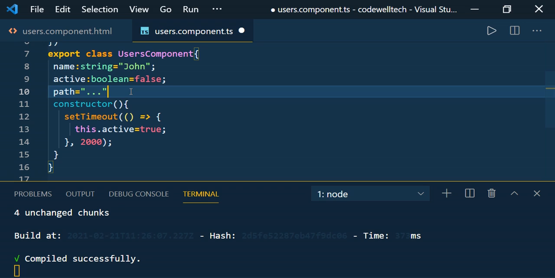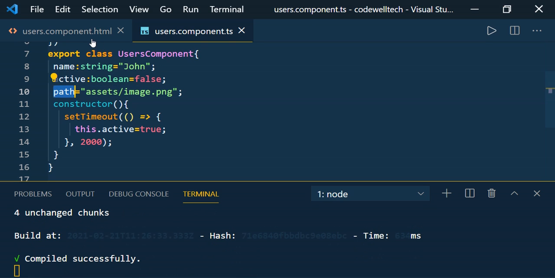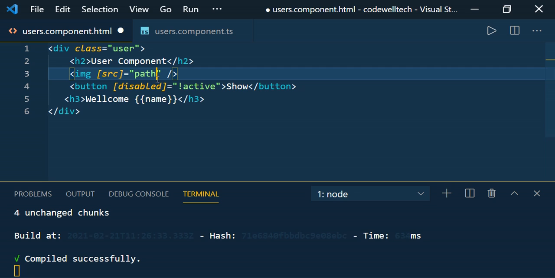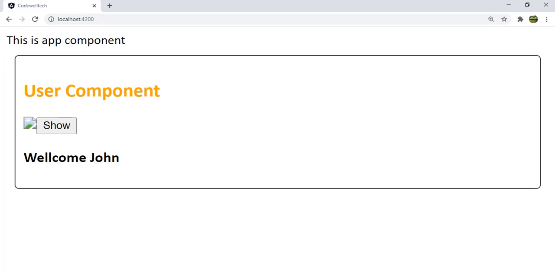In real time you give the value like the assets folder name, then the image name, let's say image.png or whatever, and you will mention this path here. So this is how we can do the property binding. Since this is not a valid path, just for the example we have used it, so it is showing a broken image like that.